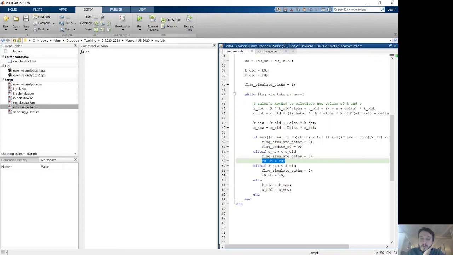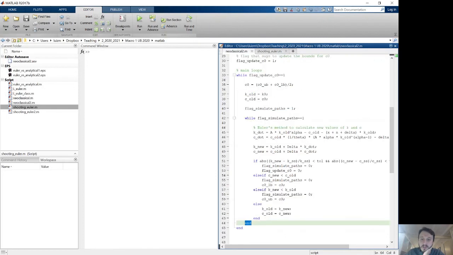So MATLAB will leave this if loop here, and then MATLAB will get to the end of this while loop, and it will check, should I keep simulating the paths? Since we make this equal to 0 here, MATLAB will see that this is not true, so MATLAB will leave this while loop, and MATLAB will arrive to the end of the first while loop, which is this one here,